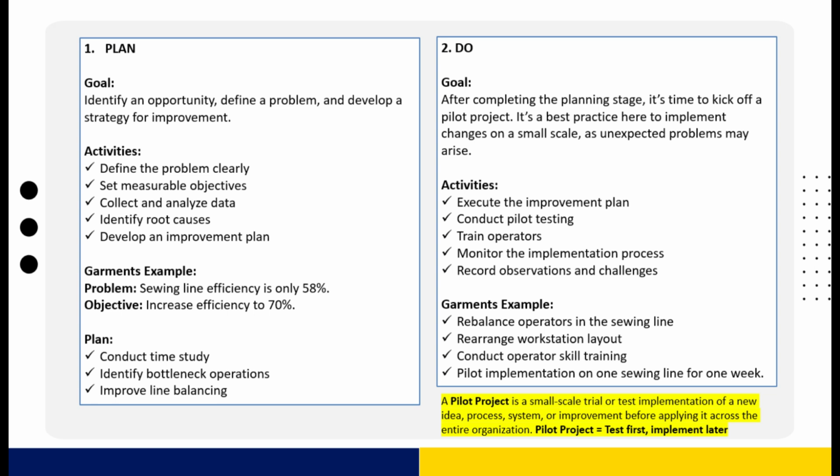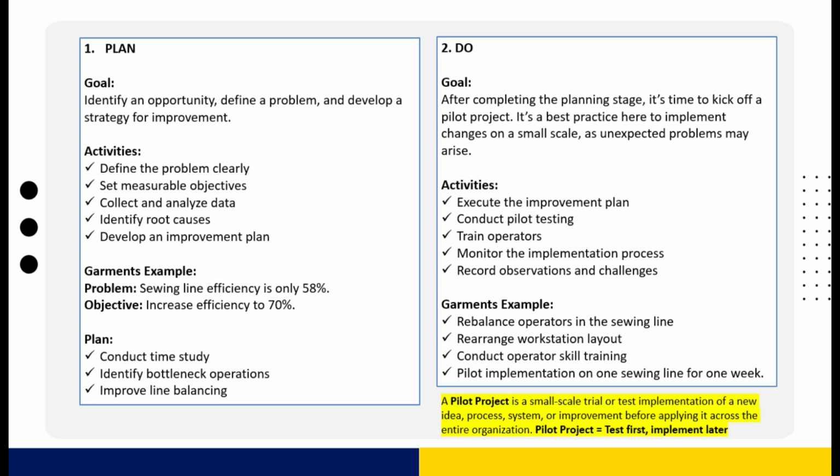The second step is do. The goal of this stage is to implement the improvement plan. Instead of making changes across the whole organization at once, it is better to start with a small-scale trial called a pilot project. A pilot project is a small test implementation of a new idea or process before applying it